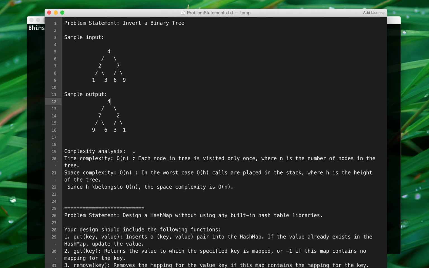We don't have to visit twice. Even if we visit twice, it'll be 2n, which is still order of n, but definitely not order of n square, because we don't have to do that, right? It's order of n, visiting all once, where n is the number of nodes in the tree. And space complexity, in the worst case,